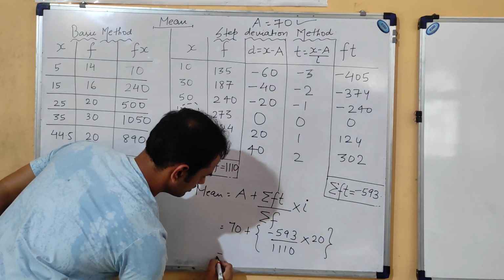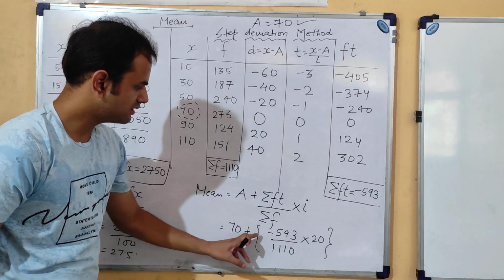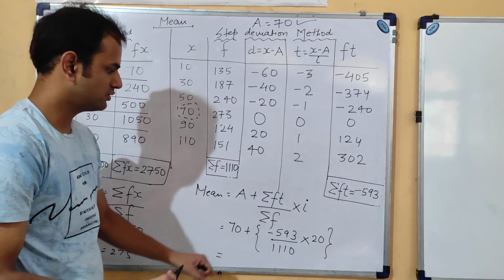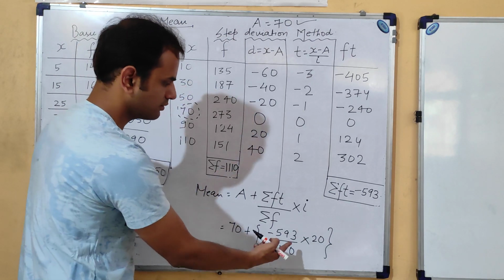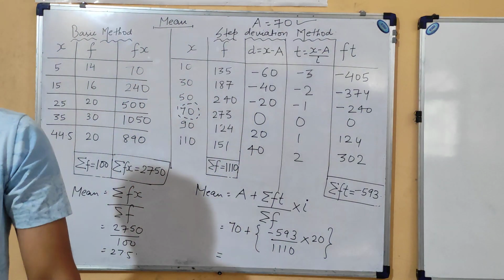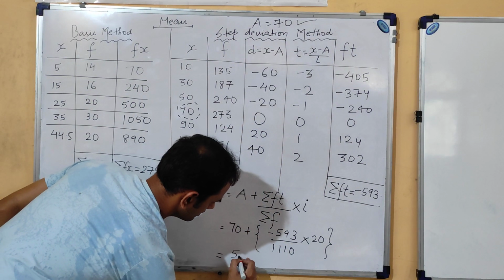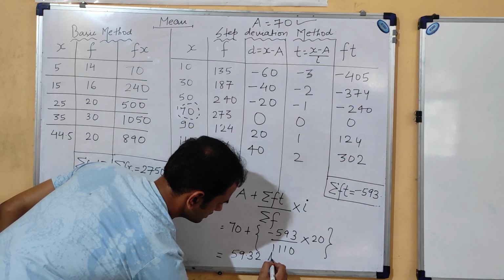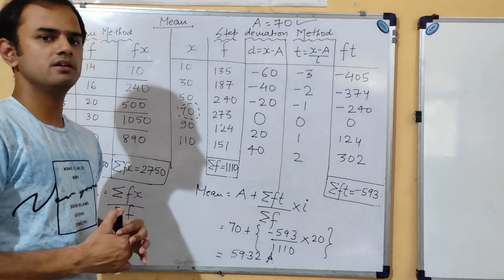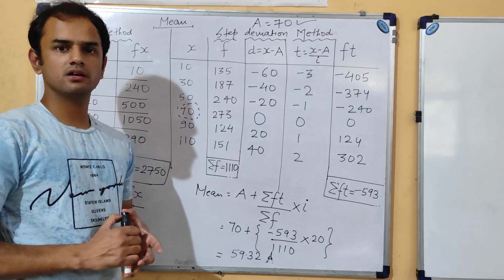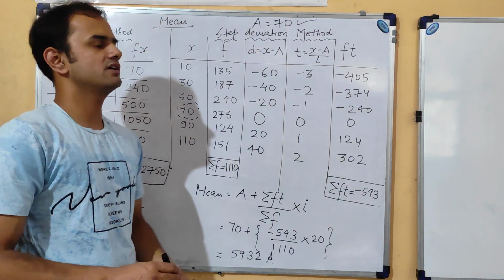So when you calculate this, just do the calculation for this part, and then this plus and minus will give you minus by the rule of algebra. Plus minus becomes minus, okay? Calculate this bracket first according to the BODMAS rule, and then you will get the value as 59.32. Just do the calculation. I think this calculation part is a little bit easy. So I think students have clearly understood this topic of mean. I hope so. This is the basic method and this is the step deviation method.